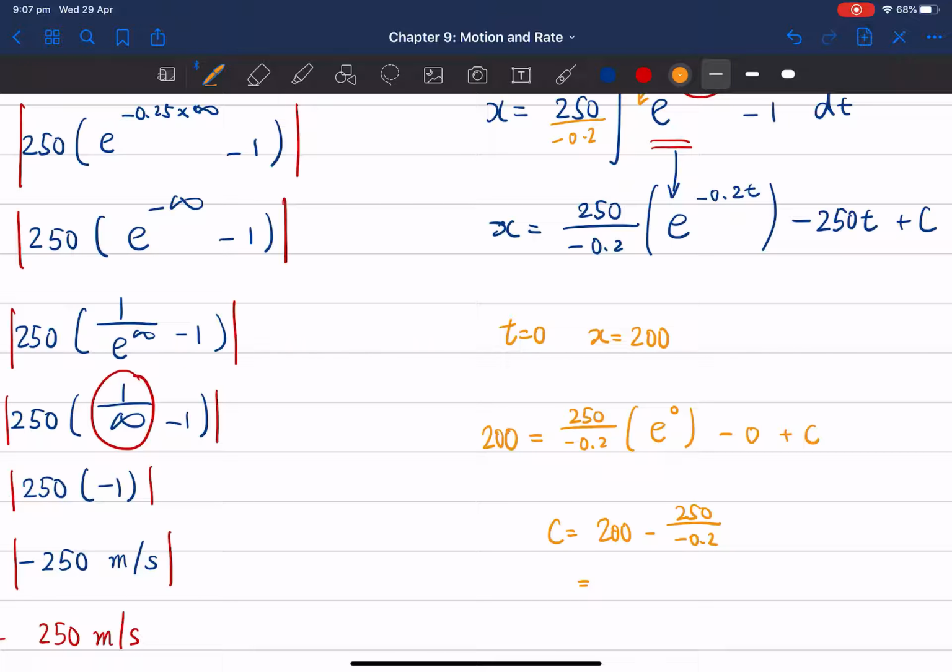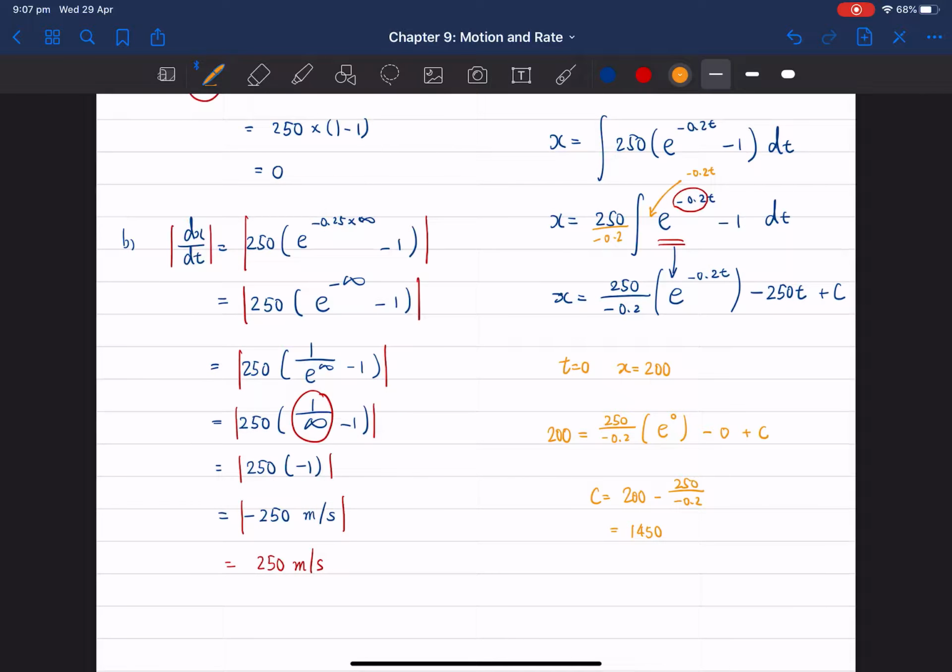Now you can use your calculator to work out the answer here. The answer is equal to 1,450. Once you get this answer, you can just substitute this value back into the original equation and you will get the final answer. So x is equal to 250 over negative 0.2 bracket e to the power of negative 0.2t minus 250t plus